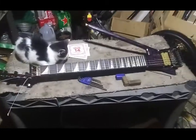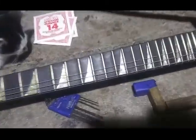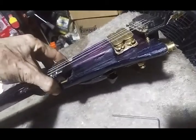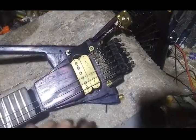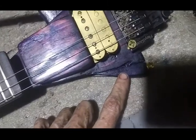Okay, making progress, slowly but surely. Got half the strings on now. And it's still pretty level. They're not quite up to full tuning tension yet, but we're getting there. And one mod I forgot to mention, if you look right here, when